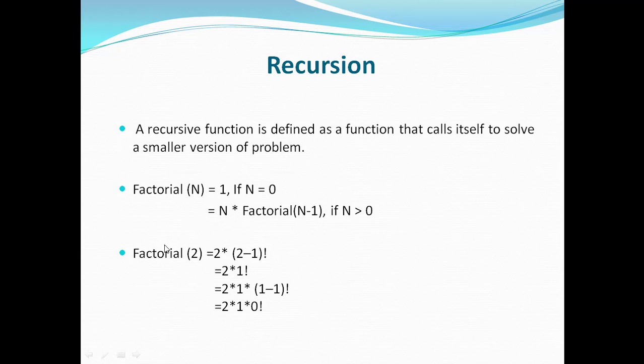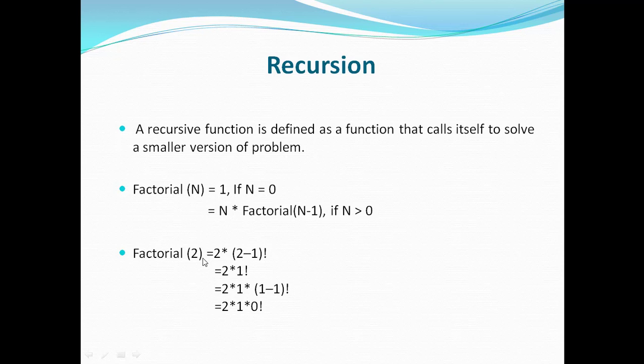Then we'll see another application, that is recursion. Recursion means a function that calls itself. For example, factorial of n is equal to 1 if the value of n is equal to 0, and whenever n is greater than 0, it is n multiplied by factorial of n minus 1. For example,